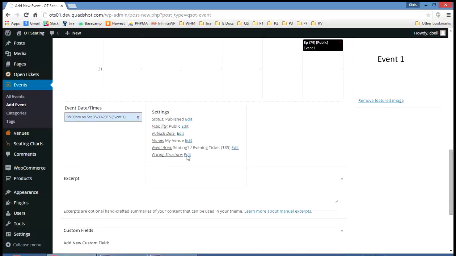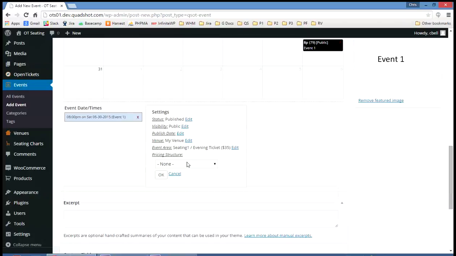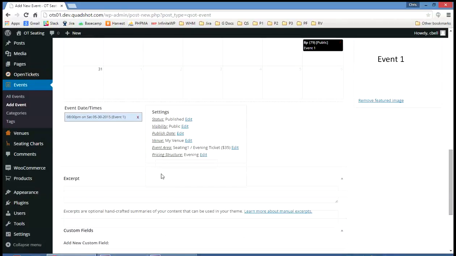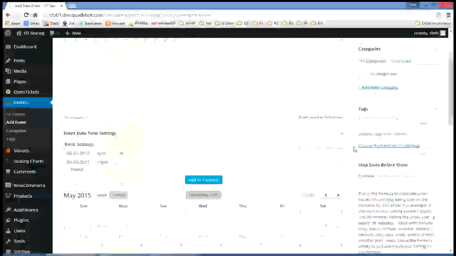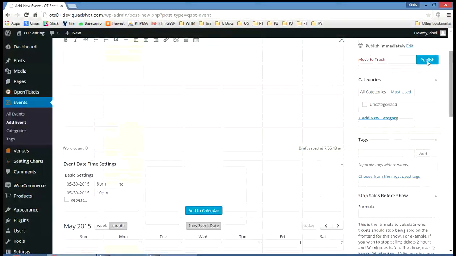And here we have the pricing structure. There are two pricing structures available, evening for evening prices and matinee for our cheaper matinee prices. This is an event running from 8 to 10 p.m., so it's an evening performance, so we're going to set the evening price in, and we're going to update. That's everything set. Now if we go and publish that event,